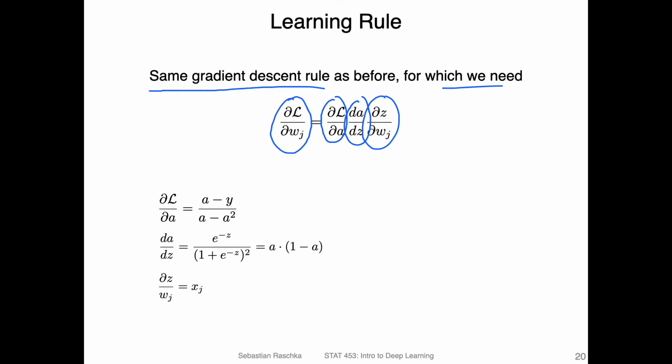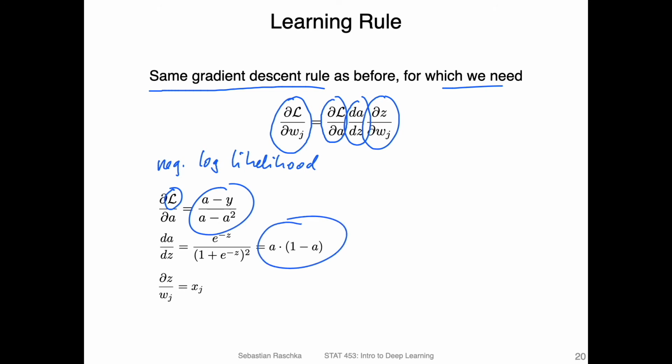So here at the bottom, I've written this out, all these 3 terms. By the way, this is the negative log likelihood loss that we talked about in the previous slide. And if you look at this, the only thing that's really different from Adaline is that these values are of course different because we have a different loss function. In Adaline,